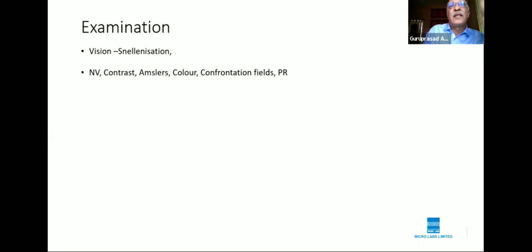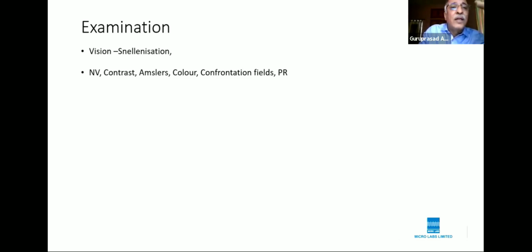Vision is very, very important in terms of the quantification. You have to actually quantify in a standardized way. You can't say finger counting at 3 meters, finger counting at 4 meters or 6 meters. You have to Snellanize, meaning you have to hold the Snellen's chart at 6 meters. And if the patient is not able to see at 6 meters, bring it closer. The first line, 6 by 60 line, has to be seen, at least the second line. Actually, I prefer the second line to be read. And however much you have to bring the chart closer to the patient, it doesn't matter.